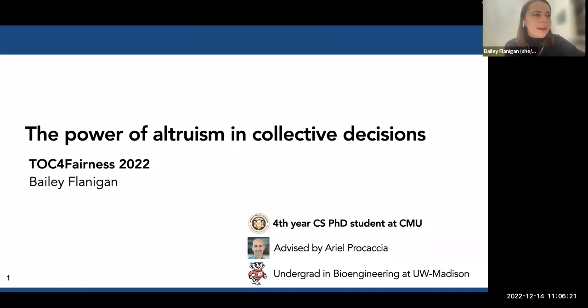So anyway, today we're going to be thinking about the power of altruism in collective decisions. More broadly, I hope that this talk makes you think about democracy and how we should design it. I'll try to give a little bit of high level scope while also talking at a low level about some of the specific research that I've been doing. I was already introduced, so I'll skip the details, but feel free to chime in with questions. I can't see all of you, so if I'm not taking your question, just interrupt me because I can't see the little hand thing.